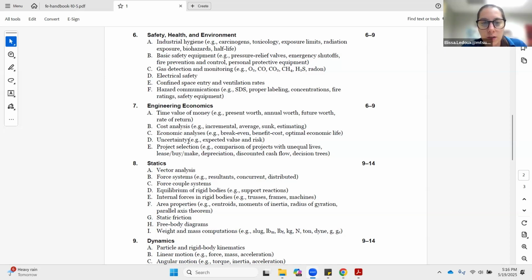Maybe some stuff about uncertainty, and then the project selection would be comparing what is going to be a more profitable or more economical thing for your company to invest in, like automated versus manual, or one type of equipment versus another type of equipment by doing some calculations. So let's take a look at the handbook